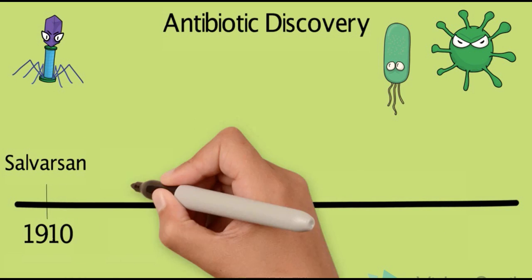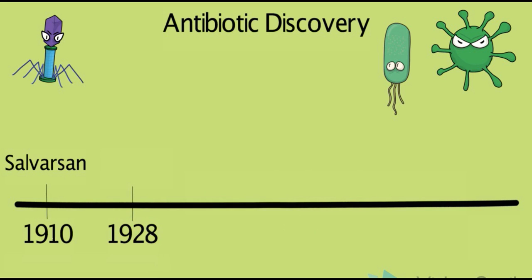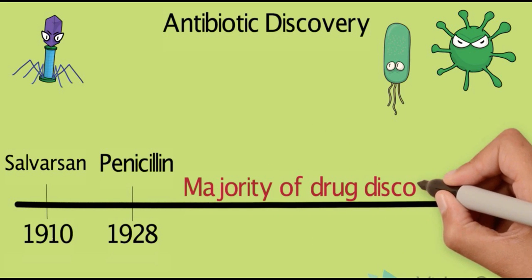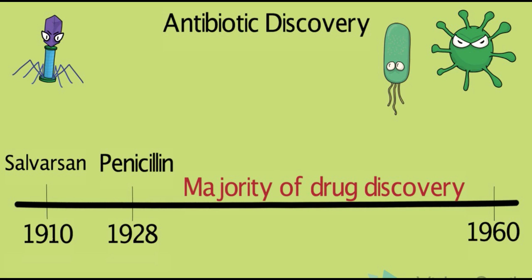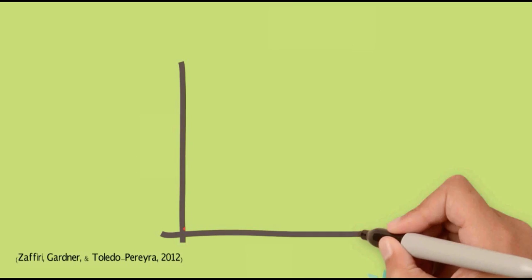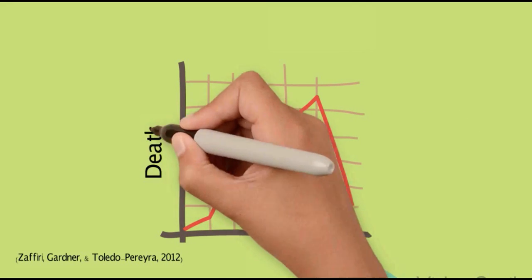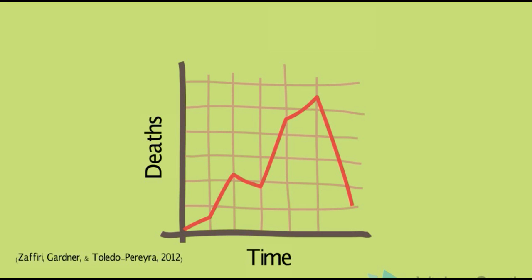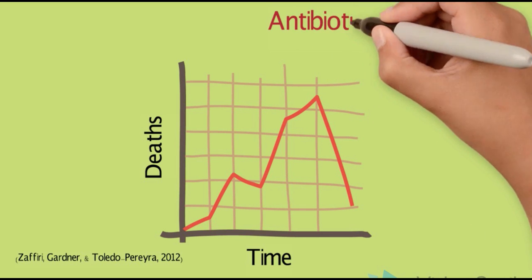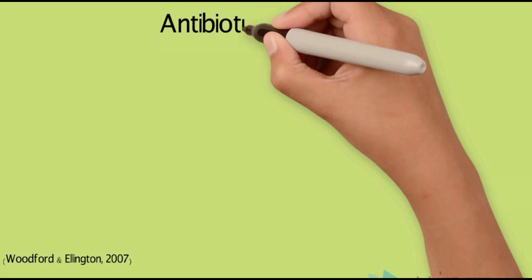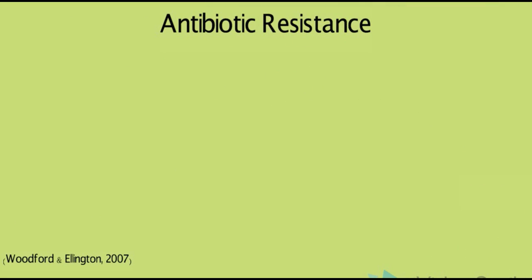In 1928, researchers developed penicillin, which is referred to as the hallmark of drug discovery and was an important stepping stone in antibiotic research. Following the discovery of penicillin, antibiotic research boomed, with the majority of drug discovery occurring by 1960. We owe our increases in lifespan and reductions in disease incidence to antibiotics. They have been the hallmark of modern medicine and one of the key players for the treatment of life-threatening diseases. But recently, the effectiveness of modern medicine is being threatened due to the consequences of antibiotic misuse and overuse.